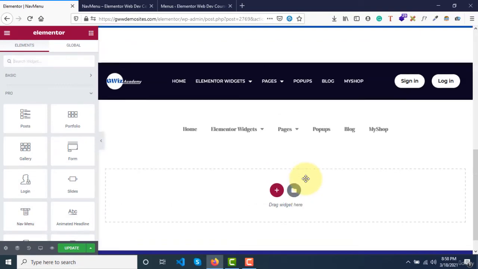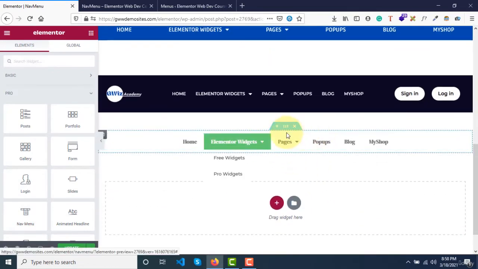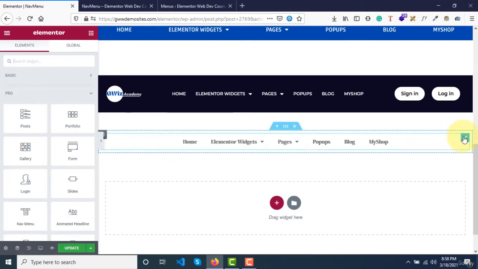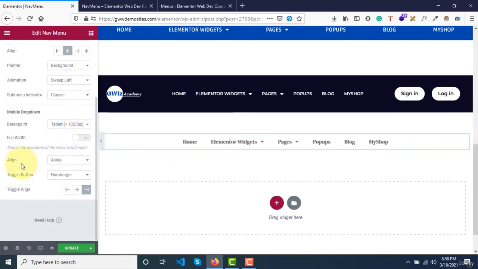As soon as you turn on the desktop mode, we have this coming back again, and then we have this alignment. We can decide breakdown option, breakpoints. We can select whether you want to break to mobile responsiveness as soon as the screen width decreases below 768 pixels, and you want to activate the tablet mode as soon as the screen width decreases below 1025 pixels, and you want to select none. You have these three options. And then we can make it full width if it is required, or else we can simply keep it not